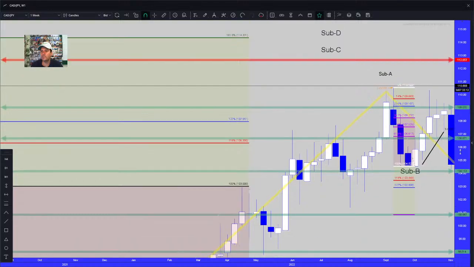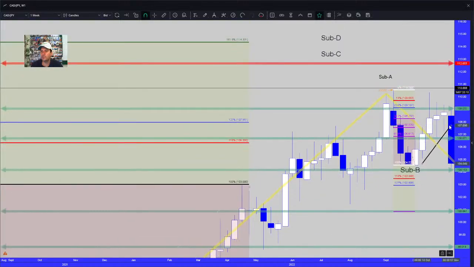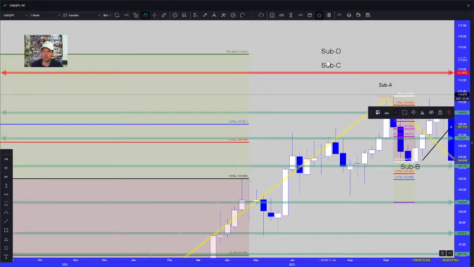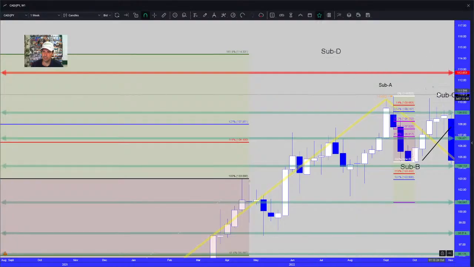So would this be an entry on the contrarian Fibonacci? This is the sub C. Okay,